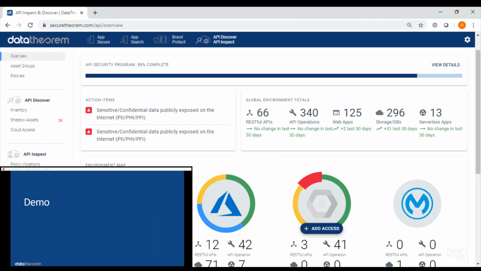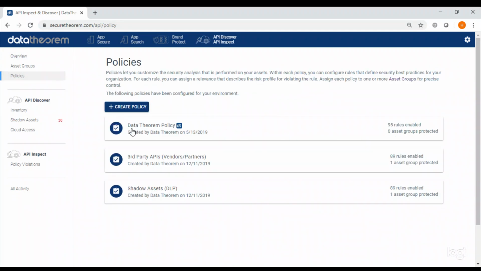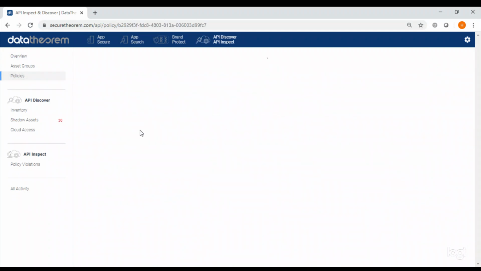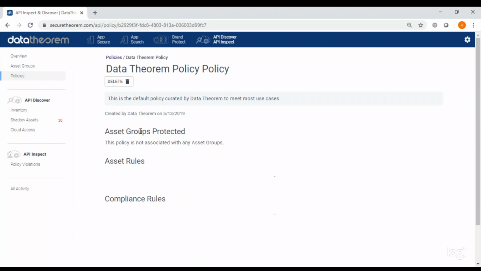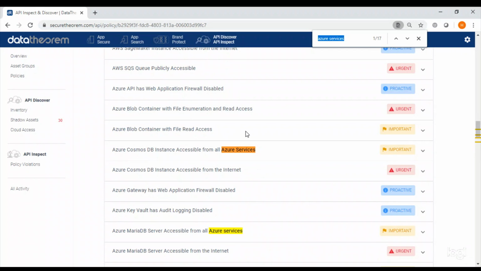All right, you can see that I'm here on the Datherm demo. Actually, I'm going to reduce the size of the demo. Might make it easier to see. There, hopefully that's better. And I'm going to go ahead and click on policies. We have a default Datherm policy. Go ahead and click on that. And just for simplicity's sake, as soon as it loads, I'm going to go ahead and just search for Azure services. And you can see there's a whole bunch of